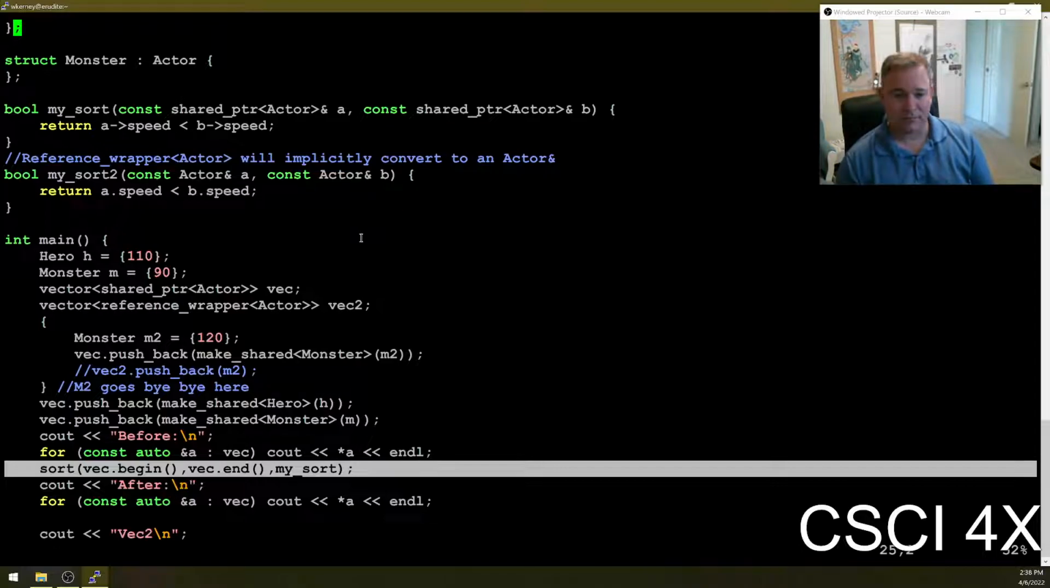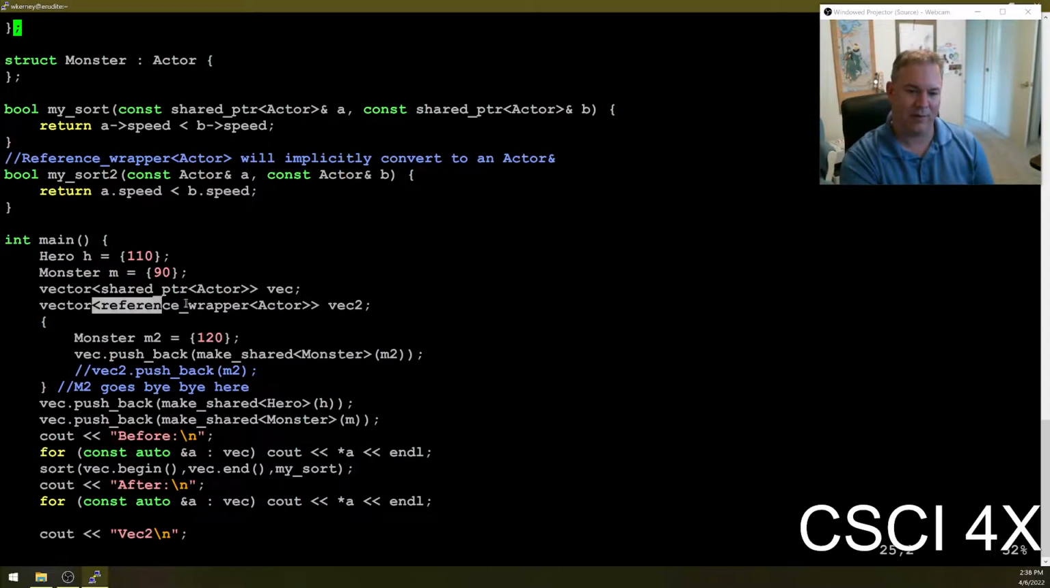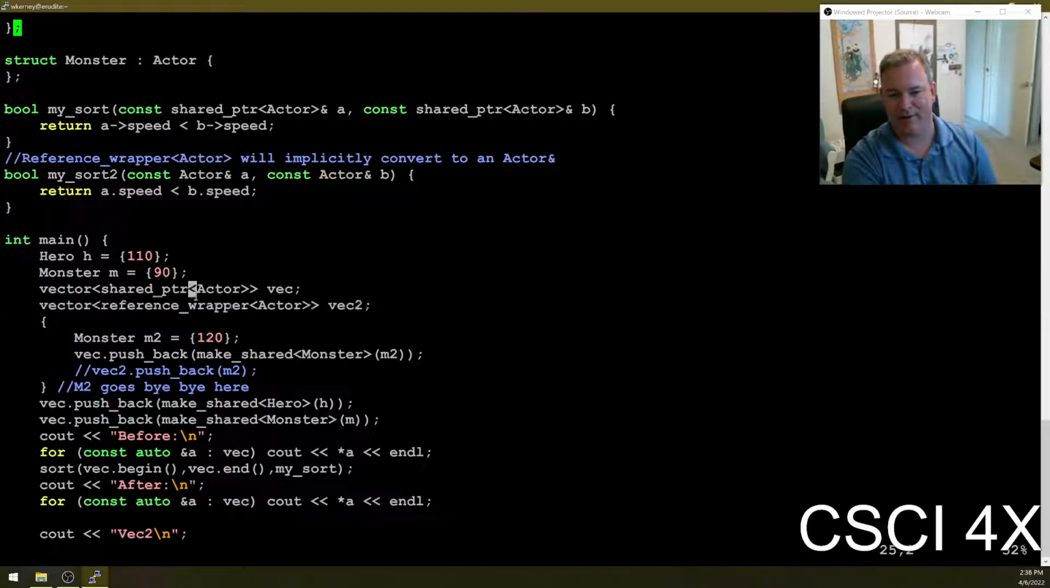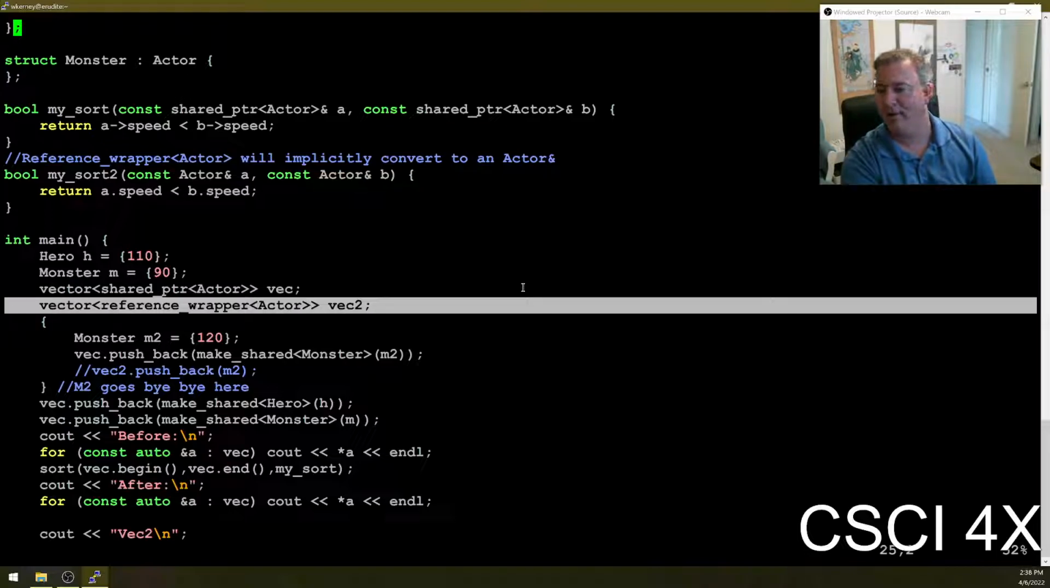So, point is that C++ is always moving, and so I was like, all right, let's see if they've made it easier to sort a vector using inheritance, because it's kind of garbage, right? And there's this thing called reference wrappers, and at first it looks kind of like Java, right? It kind of has that feel at first. So rather than making a shared pointer to actor, we have reference wrappers to actor, and what that does is